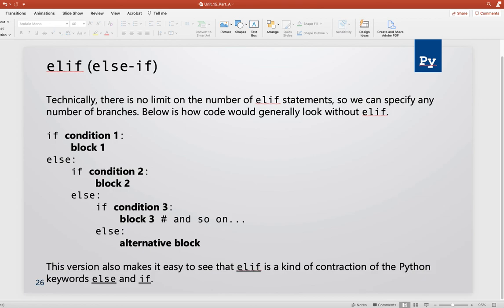Below is how the code would generally look without elif. Say if we do not use this elif statement, we would have to use if-else multiple times, however, with deeper indented statements. So this version also makes it easy to see that elif is a kind of contraction of the Python keywords else and if. Okay,